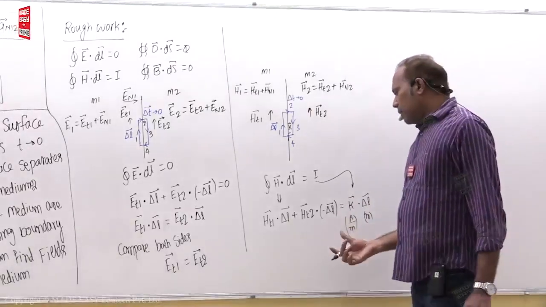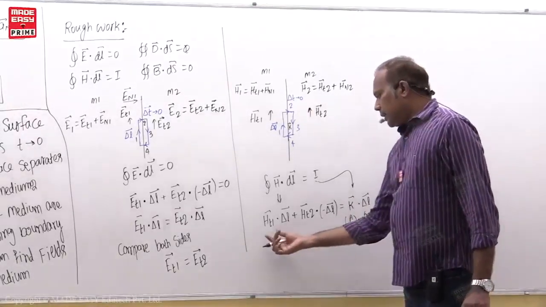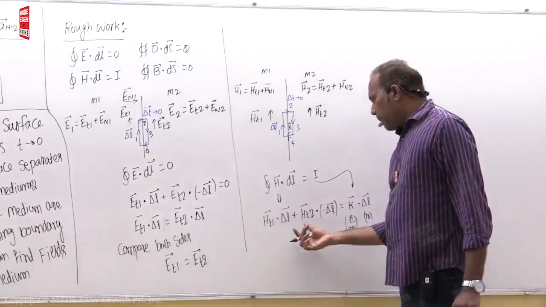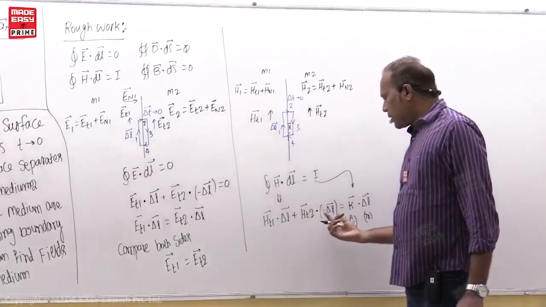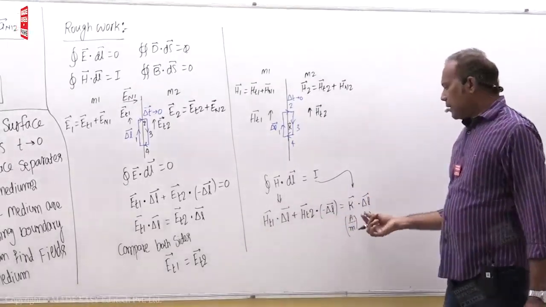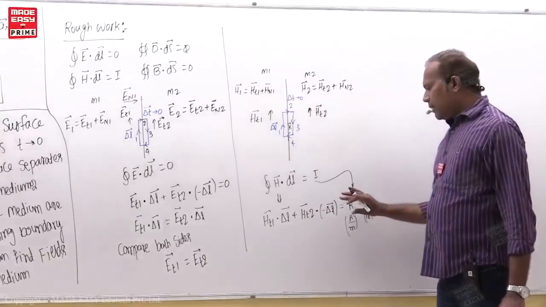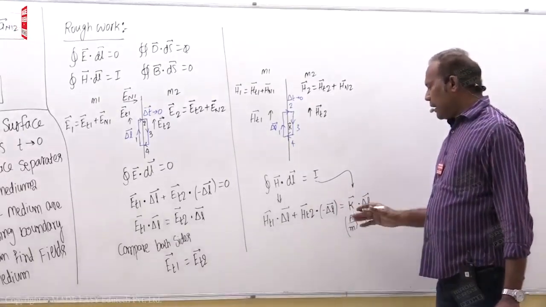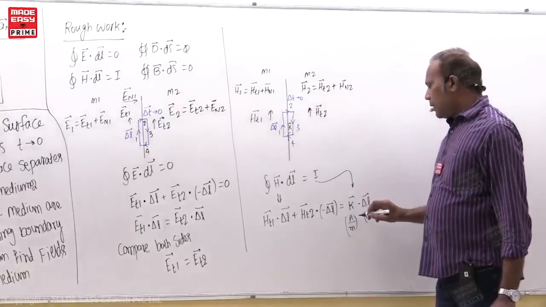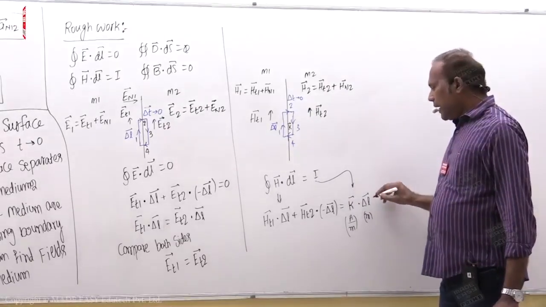Anyway, I just want to tell you here that Ht1 bar minus Ht2 bar depends on surface current density. But actually this is not the correct way, because